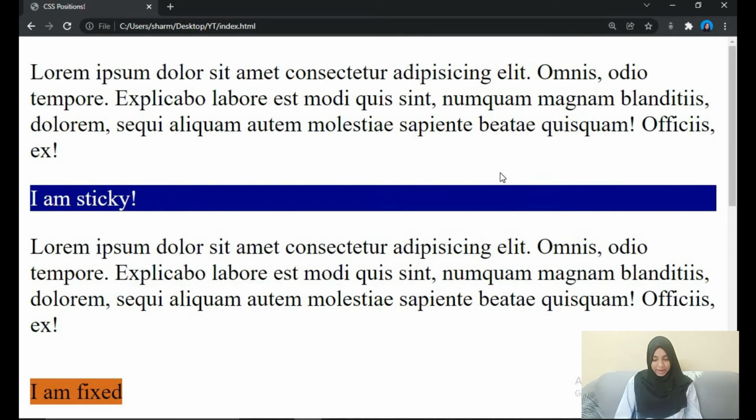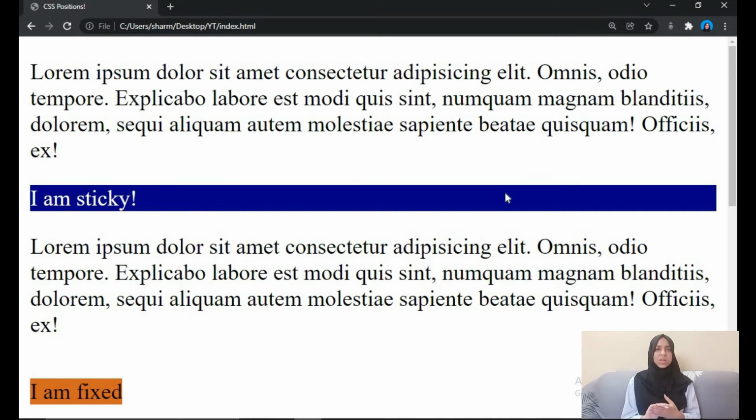So what is exactly happening over here is when you give your element a position of sticky and you give it a top of 0 pixels, for example, here we have given 0 pixels. So what it will do is when your element reaches a top 0 position, at that time it will become fixed. Alright, until then it won't become fixed. Alright, so this is how your sticky position works.